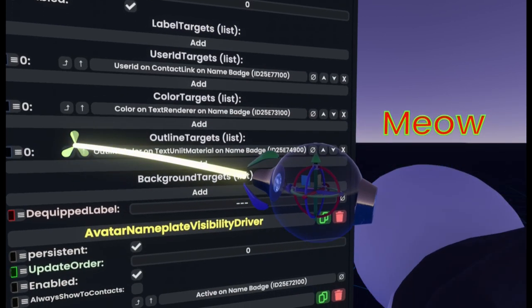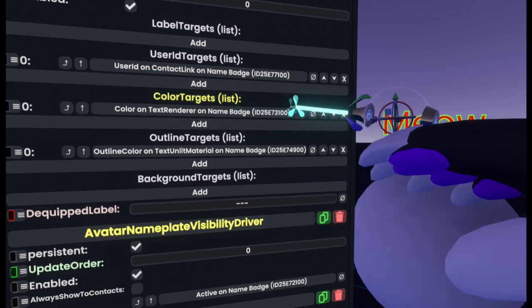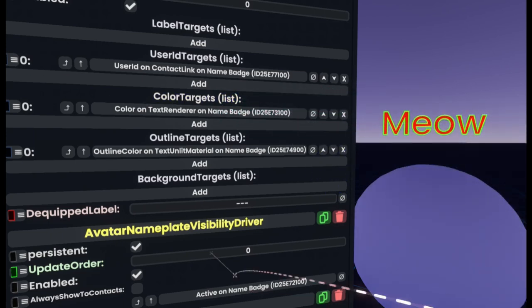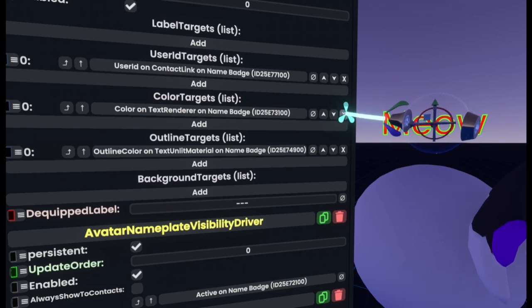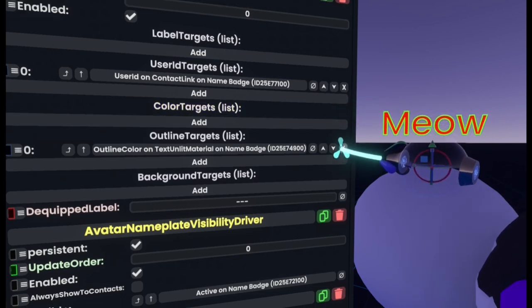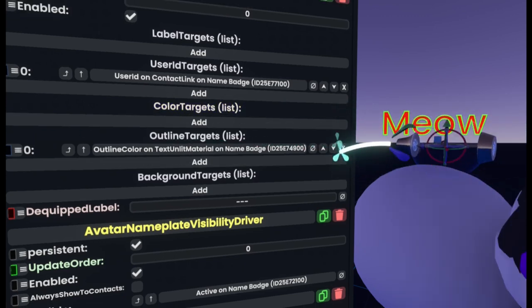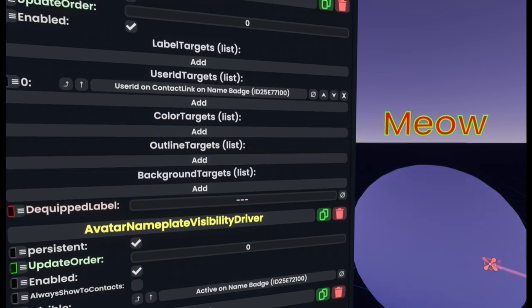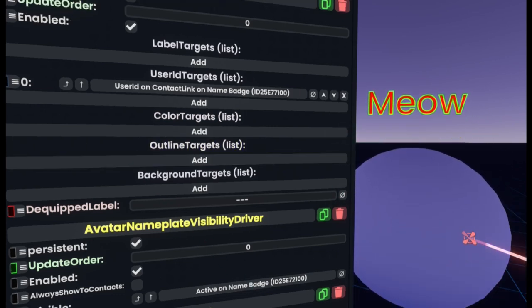meow. Then the color target here is going to change the color of the actual overall nameplate. And we don't want that, so we get rid of it. The outline target does the same, but for the outline, so we want to get rid of that as well. And now, if we save this once more to inventory,